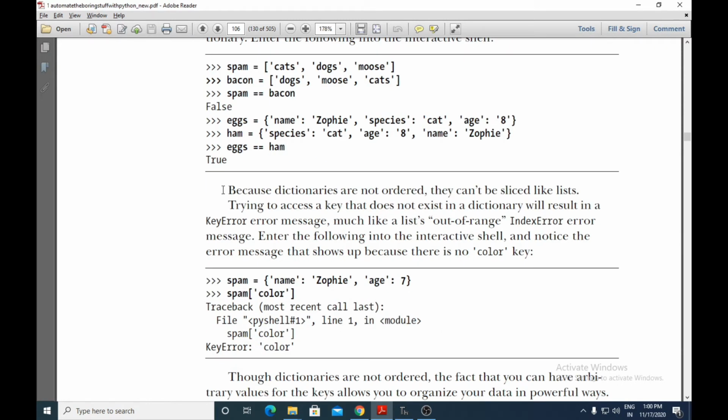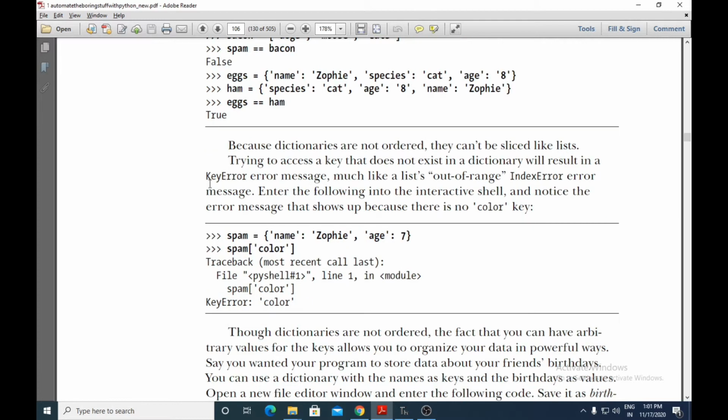Next, because dictionaries are not ordered, they can't be sliced like lists. In lists we studied slicing, and slicing is possible only if the values are in order. So slicing is allowed in lists but not in dictionaries, only because they are not in order. The second difference is that slicing is possible in a list but not in a dictionary.